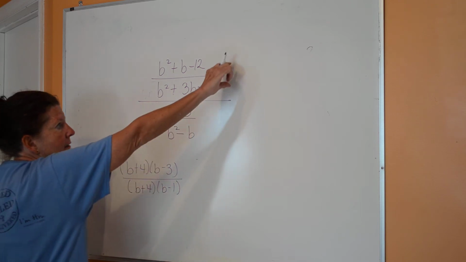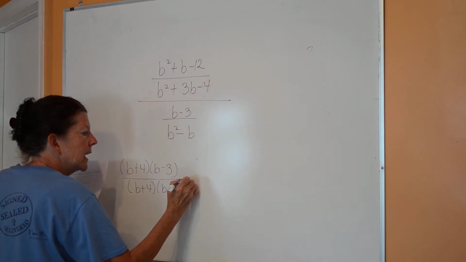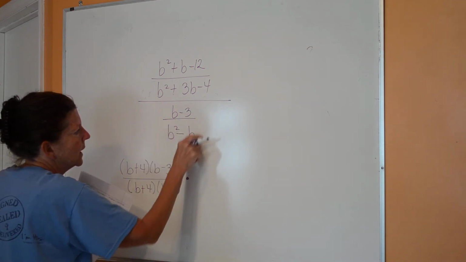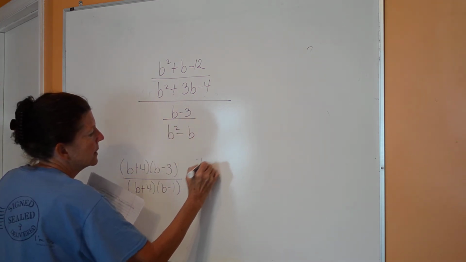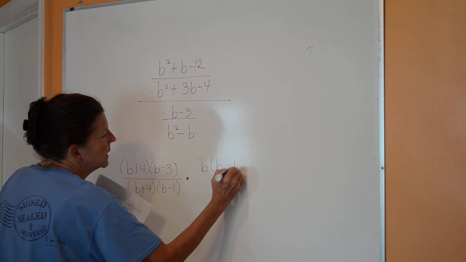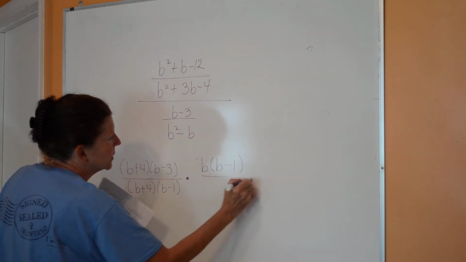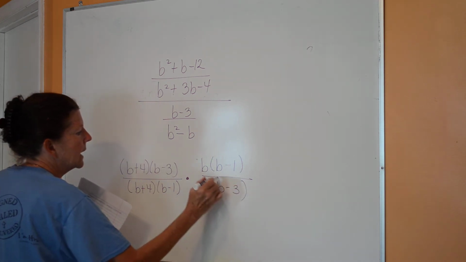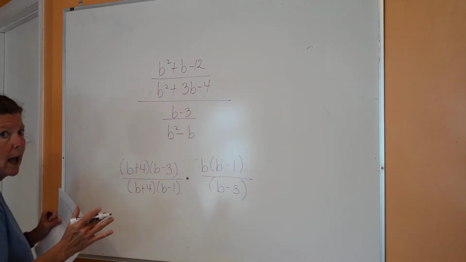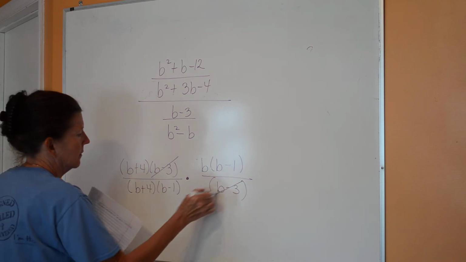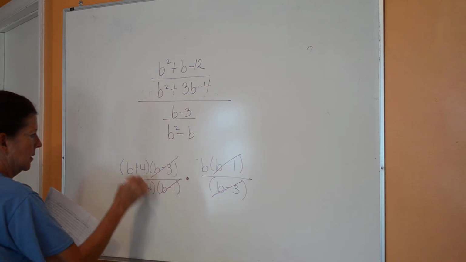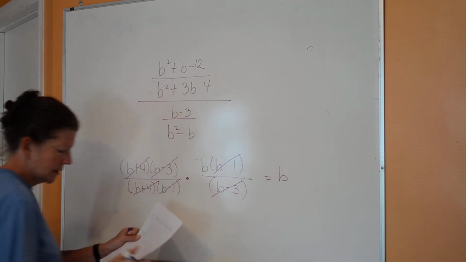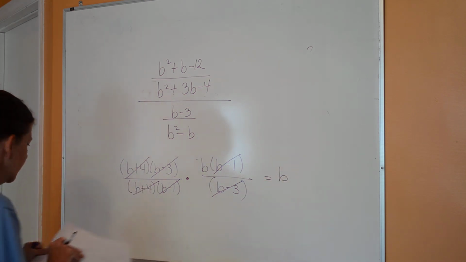Now, it's divided by this, so I'm going to go ahead because of lack of room on the board, and I'm going to invert. So this right here is going to come to the top, and I'm going to factor out a b. So it's b minus 1. That's what that's equal to. This is going to go to the bottom, so it's b minus 3. Now I can mark out the whole parenthesis. So I'm left with just b. Okay,